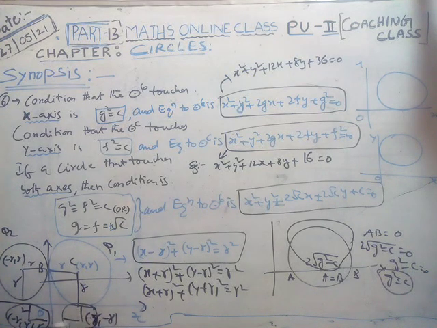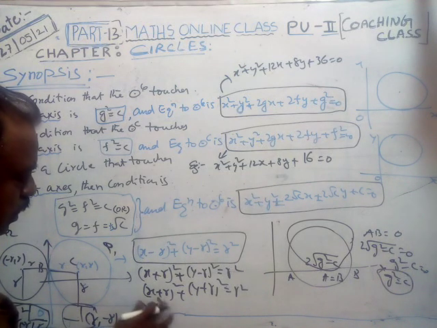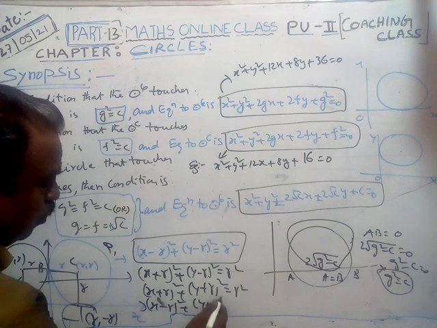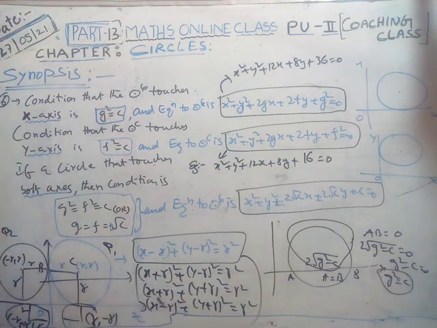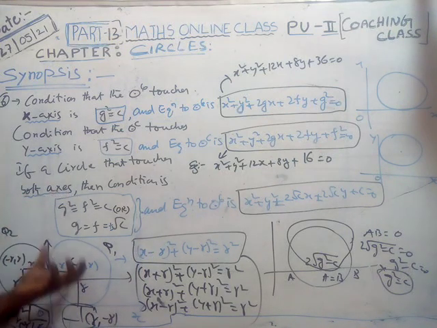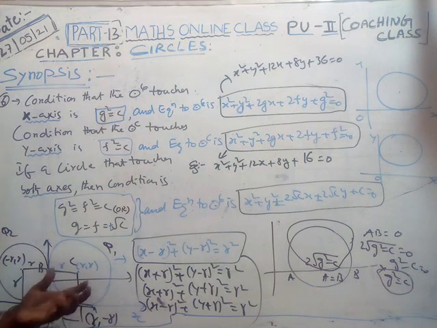r. The y coordinate is minus r. Here both are minus r. Here only x coordinate is negative, y coordinate is positive. Here both are negative. Here x coordinate is positive, but y coordinate is negative. So here also it is x minus r whole square plus y plus r whole square is equal to r square. The main thing is this one. According to this concept, while we are solving the problems, this is the method we will discuss there only.